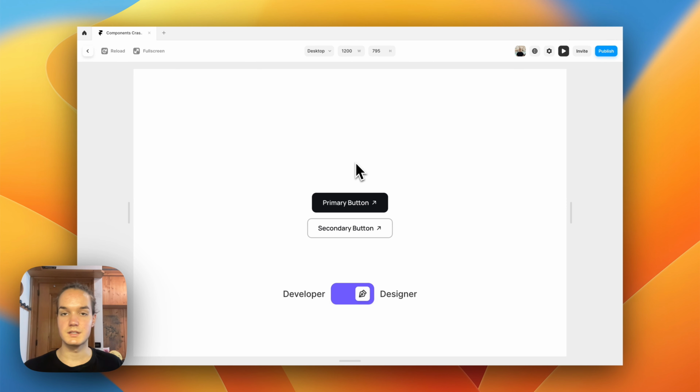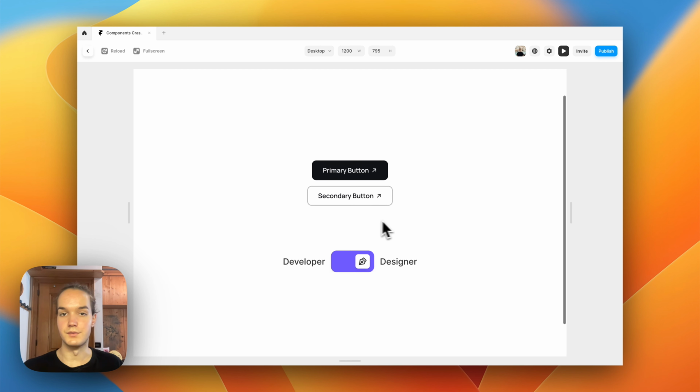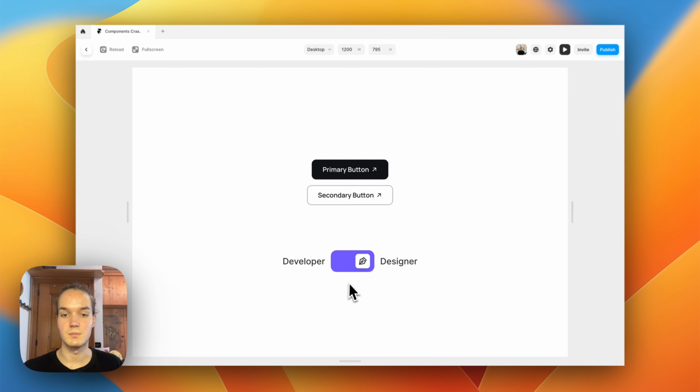Creating this button will allow you to understand three of the four quote-unquote pillars of components, which are variables, variants and states. And the fourth pillar is going to be interactions, which I'm going to explain by creating